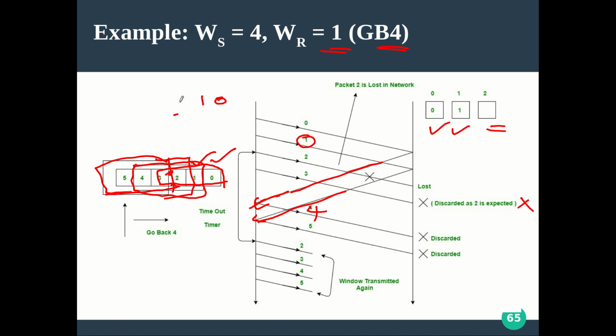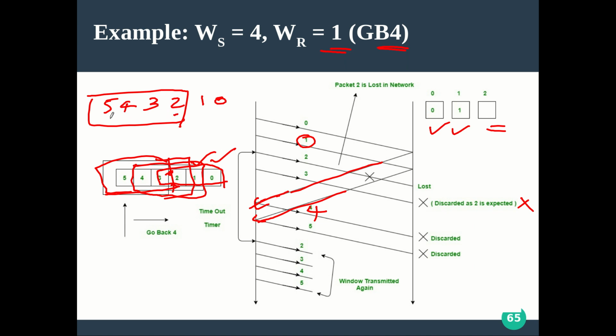Initially it is 0, 1. Both are received, so the window is now slid to 2, 3, 4, 5. So now these 4 are in the window, and 5 is also sent. But even though they are in the window, the problem is that when 2 is lost, the sliding window or pipelining concept will send 3, 4 and 5 without waiting, during the waiting time.